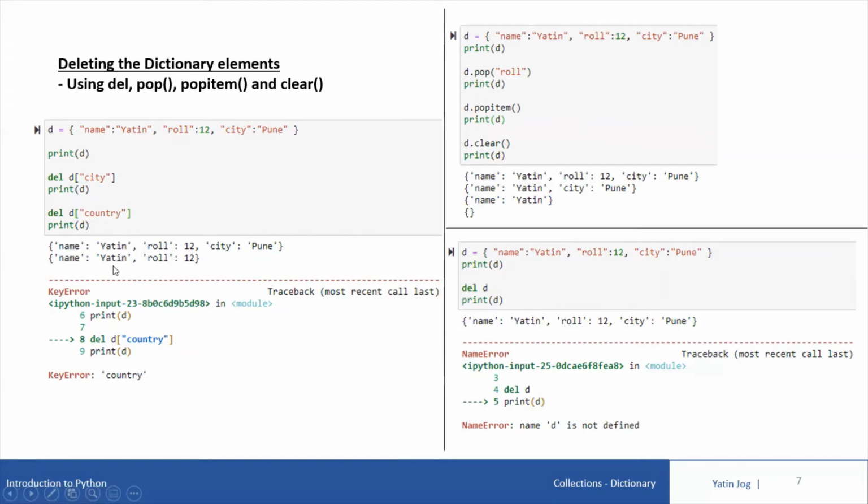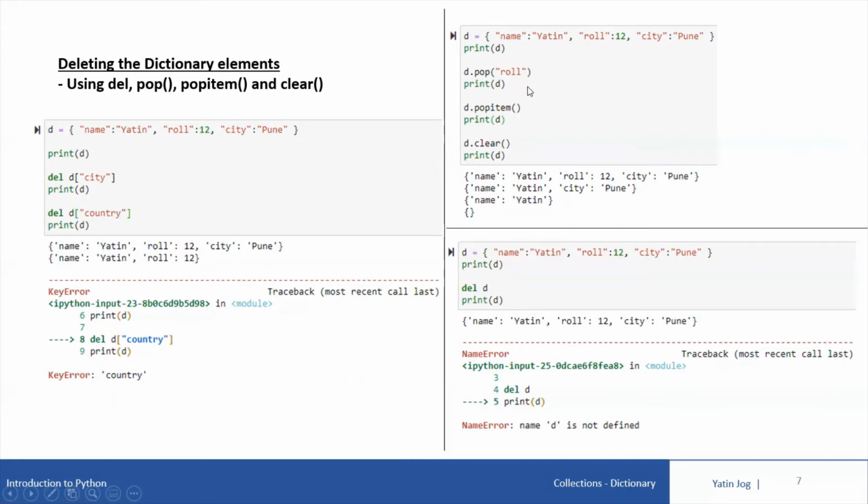Now in this dictionary object, which contains only two key value pairs after deleting city Pune, if I try to use the del function again with a key which is not present in my dictionary object, I'm trying to use del with D of country. So country as a key is not present in my dictionary object. What this del function will do, it is now giving a key error. What is a key error? Country as a key is not present. So the Python interpreter cannot delete this key value pair. So you can use the del function only with those keys which are present in the dictionary object.